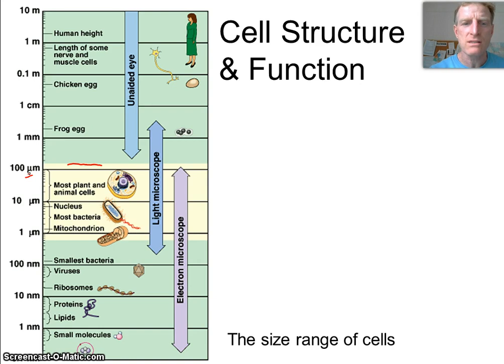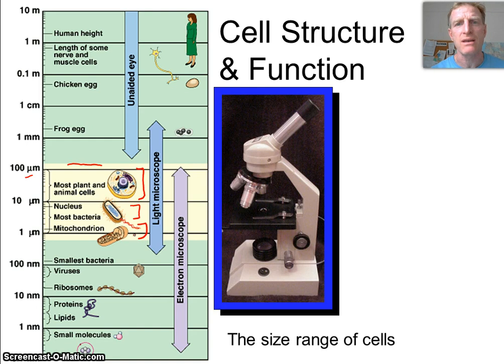So in order to view cell structures such as eukaryotic cells or prokaryotic cells or internal eukaryotic structures called organelles, we need to use a light microscope. And the light microscope you've seen looks like that. We've used it before, and I'm going to be asking you to make a lot of drawings of what you